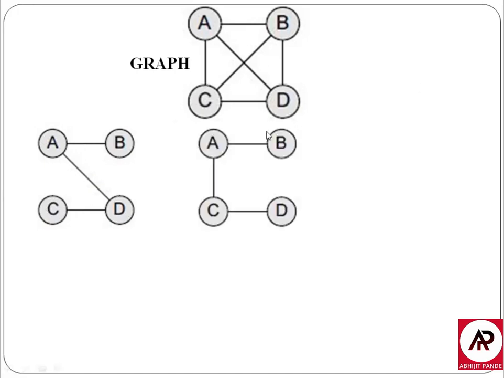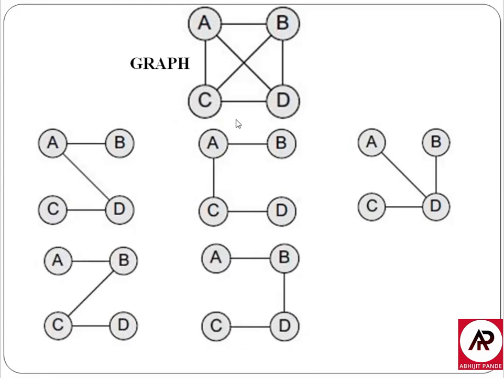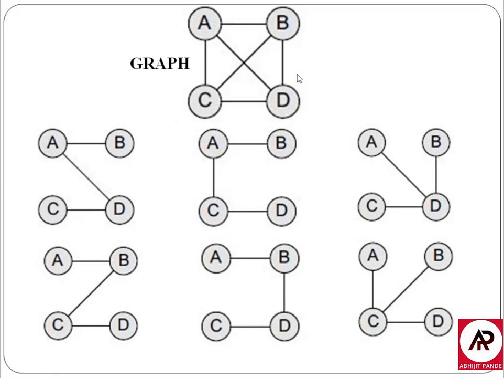Here we also consider the same, and it satisfies all the properties. The third representation: here also the number of vertices is the same and the edges are a subset of the edges of the graph. These are multiple representations of the spanning tree for a given graph. Here I am considering only a few. There can be multiple possibilities of a spanning tree. I have mentioned a few here just for the sake of simplicity and to understand the concept easily.